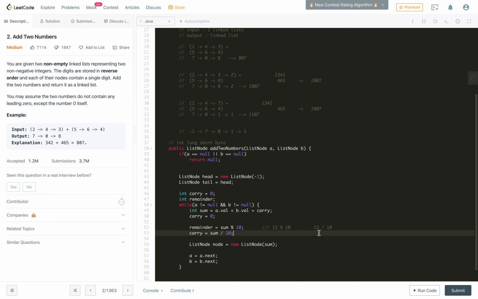Okay, you will not have a carry for the examples. Suppose we have 7, and you divide it by 10, it will be 0.7. So 0.7 is just 0 in programming. Okay, so we calculated our remainders and carry, then we will have our node with the remainder, and carry is